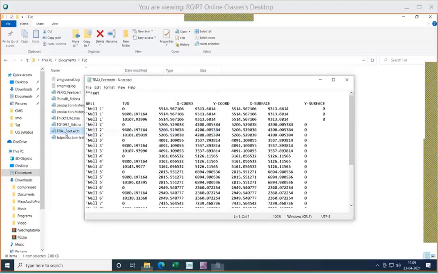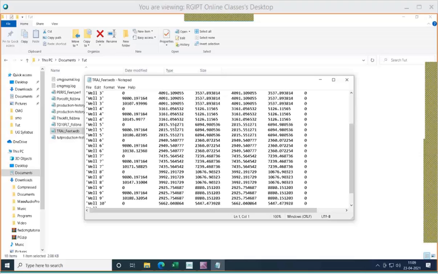In the trajectory file, if you open it, in the first column you can find the well names, 1, 2, 3, then the total vertical depth, x coordinate, y coordinate, x from the surface, y from the surface. All these coordinates are given in this file. So we can directly input this file.